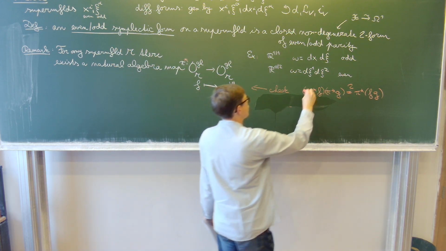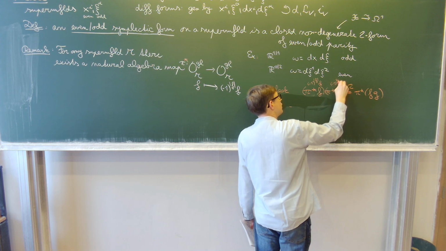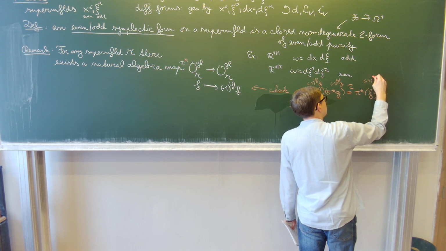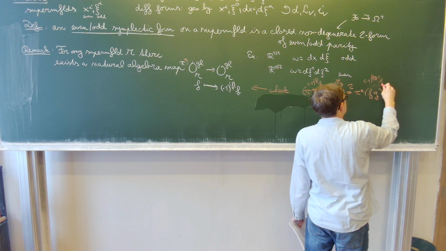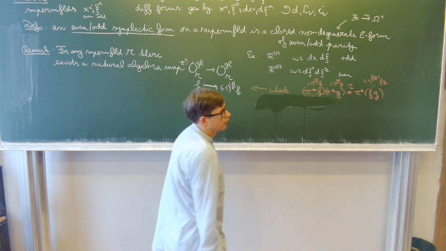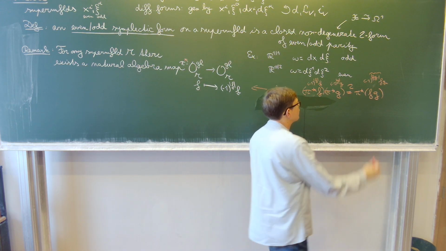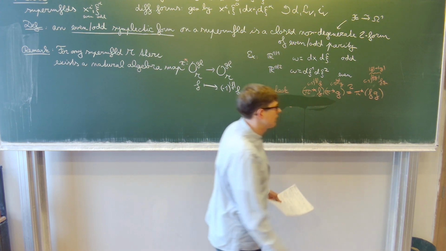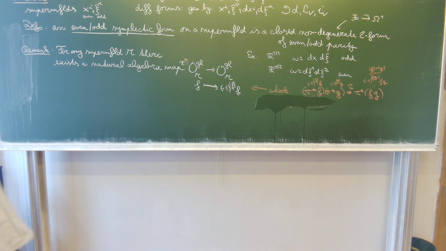And yes, it's true because the first thing is (-1) to the parity of f, and this is (-1) to the parity of g, and this is (-1) to the parity of f times g. But parity is additive, so if I multiply two functions, this is the sum of the parities. I multiply two odd things and I get something even. So it's true. So this is an algebra map,